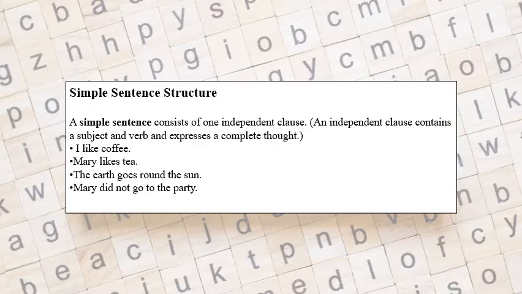Another sentence is I am sleeping. I is the subject there, and am sleeping is the verb there. There also the subject comes first and then the verb. In that case, we don't have an object. I am sleeping. In that sentence, we don't have an object. But that's also a simple sentence because it's complete in meaning and it has one subject and one verb. So the simple sentence structure is like that. The subject comes first, in almost every sentence structure, and then the verb. But in a simple sentence, we'll have only one subject and one verb. That is the main thing in a simple sentence.